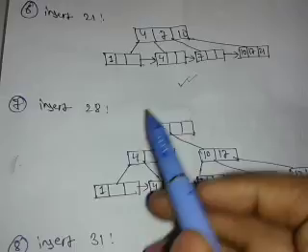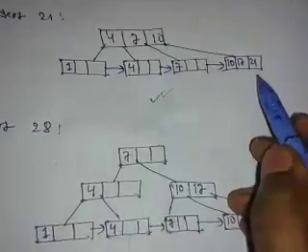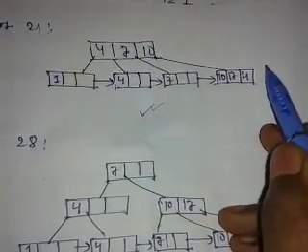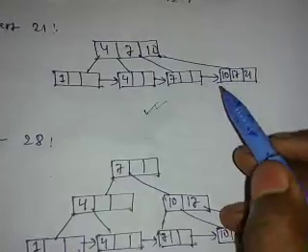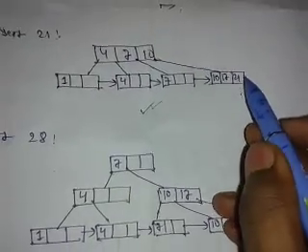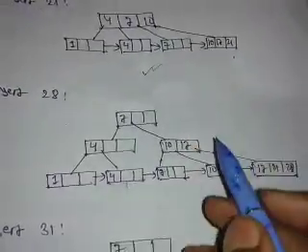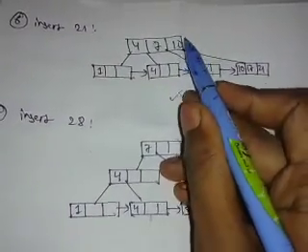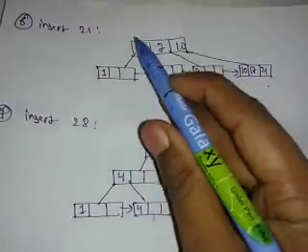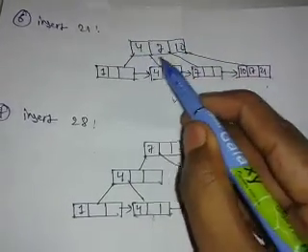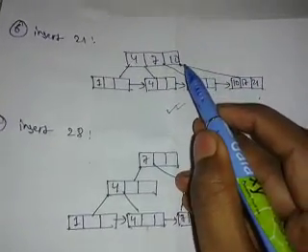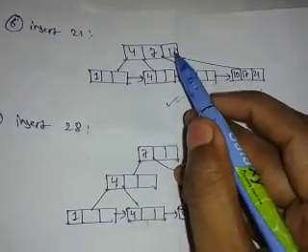Now next we need to insert 28. So 28 comes after 21. If we insert the 28 here, then it is also violating the condition. So what we need to do is put the 28 in the above node. But if we put 21 here, it is also violating the condition, because any node has a maximum capacity of 3 elements. So what we need to do is perform the same process here.